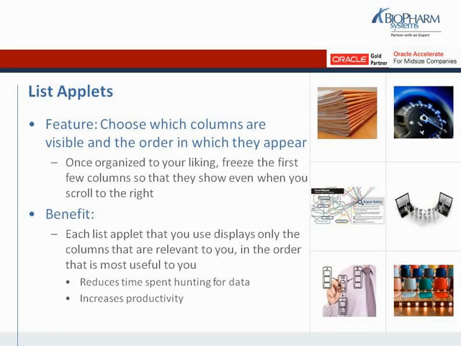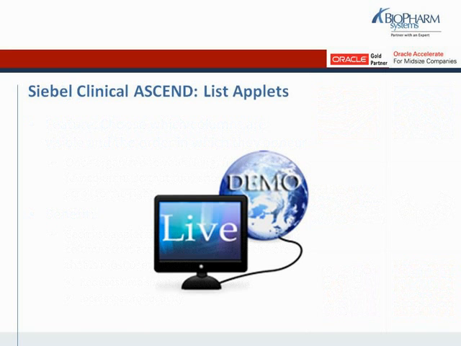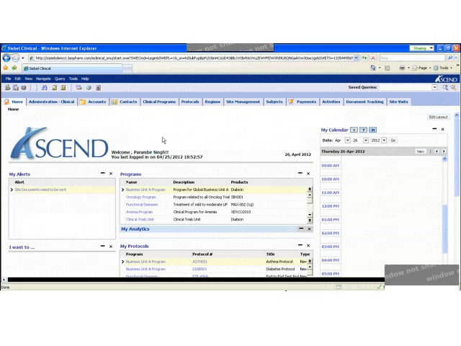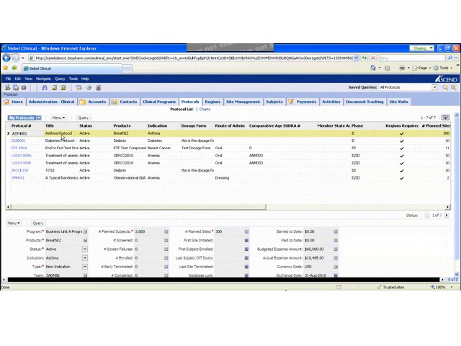So we're going to look at list applets in the system. And again, I'm going to share my application. So what we're going to do is act as a study manager. So for a study manager, we're going to go into our protocols screen. So here in my protocols list applet,